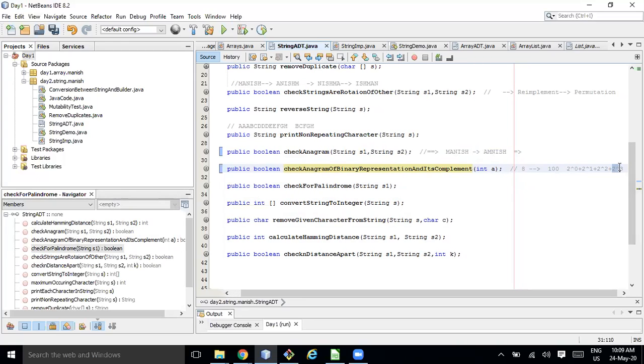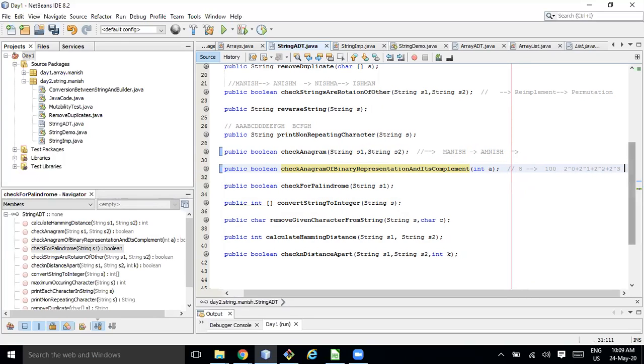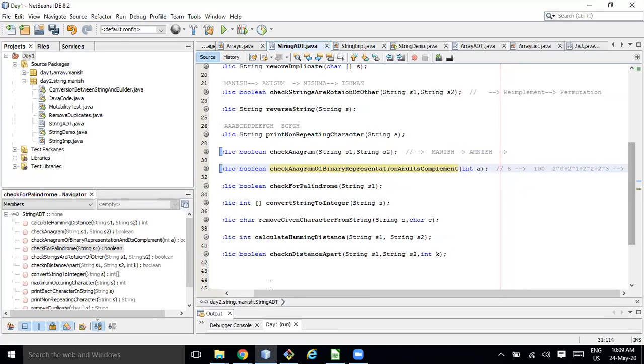So 2 to the power 3 is already 8. I should write it in the reverse direction, that would have been better.